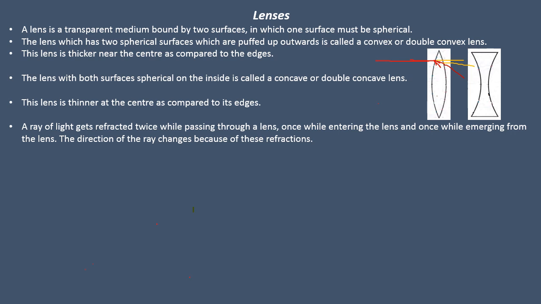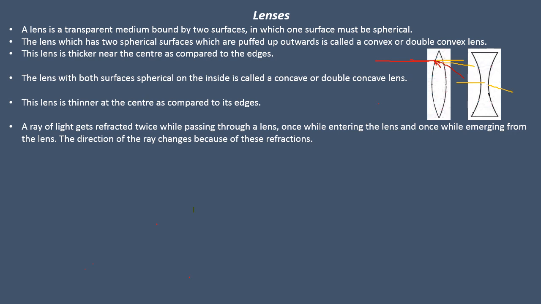So refraction is taking place twice in the lens. First when it is going to enter the lens, and second when it is going to emerge out of the lens. So there are two times refraction is going to take place when the light ray is passing through the lens. Okay,